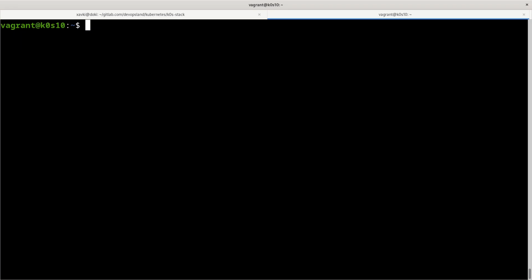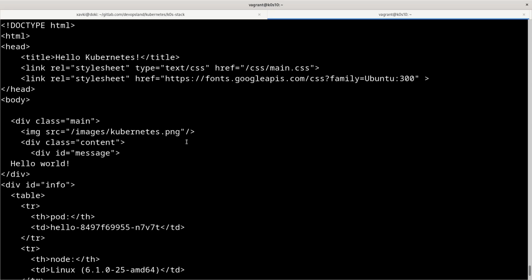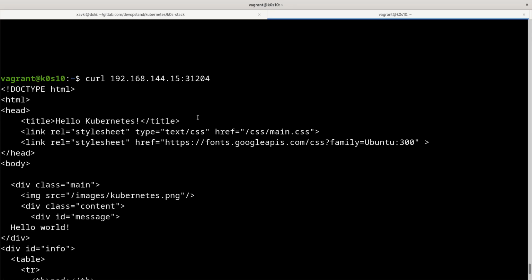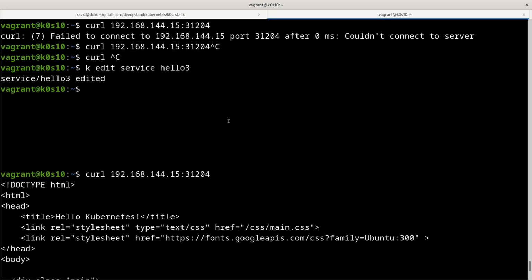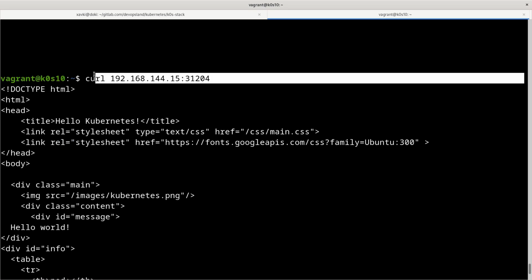And if I save this service, I can curl again, and now it works because my service can find pods with the key app equal to hello, and it works on the external IP like here with a dynamic port.